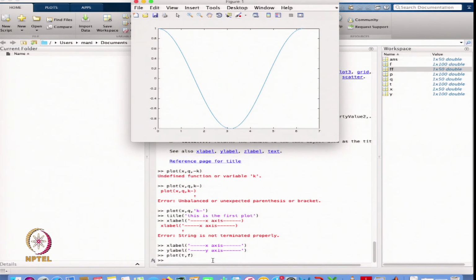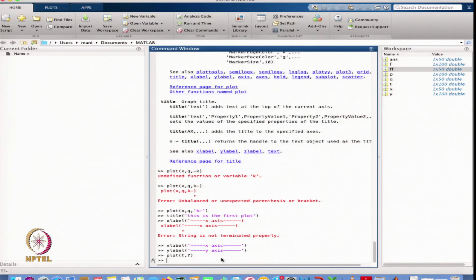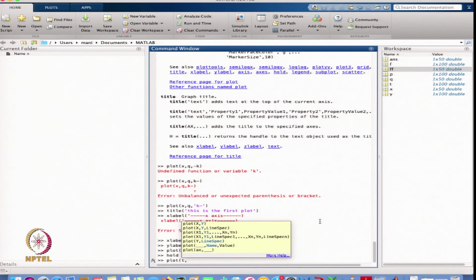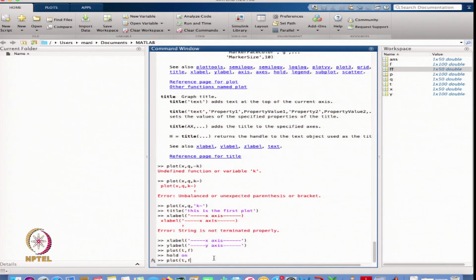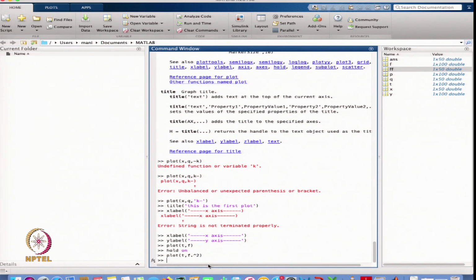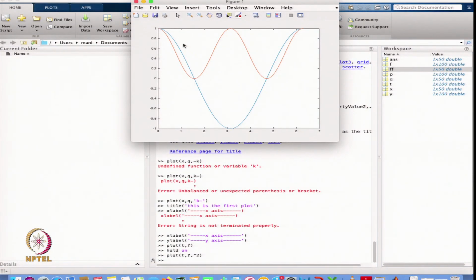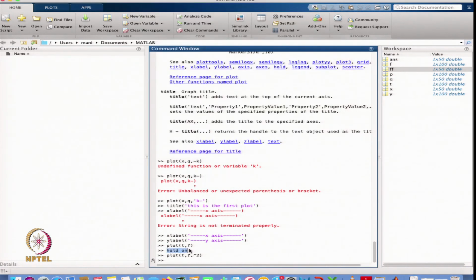But suppose I want to plot two plots on the same figure. Then, after I have done plot 1, I put hold on. This is the hold on command, which will hold the previous plot. Now, suppose I take another plot, t with respect to f dot square. So, instead of f I am now plotting the square on the same plot. You can see that it was the previous plot, and this is the new plot we have plotted on the same graph by the command called hold on.